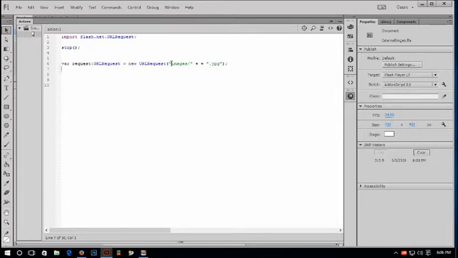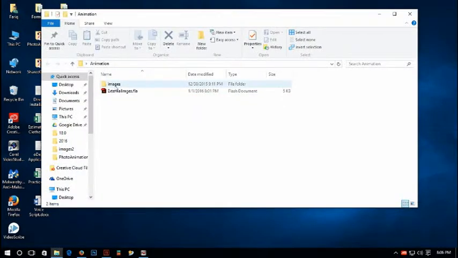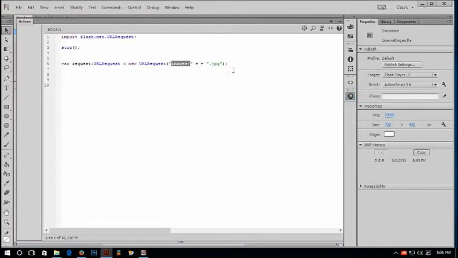That means images slash, that means I have my images inside this images folder, and inside these JPEGs. I have not defined how many JPEGs I have. Okay, so if I type here 1 and then